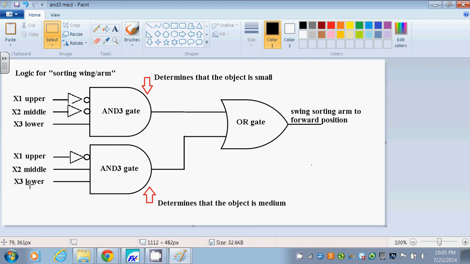If we take a look at a medium-sized object passing X3, the lower sensor will be on, that will be a logic 1 or a high. The middle sensor will be on, so that will be a logic 1. The upper one will not be, so we're going to have to invert that and put it into our AND 3 gate, and that way that condition will satisfy this AND gate,